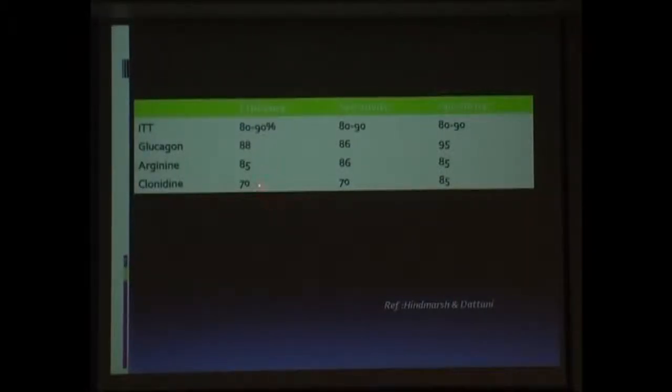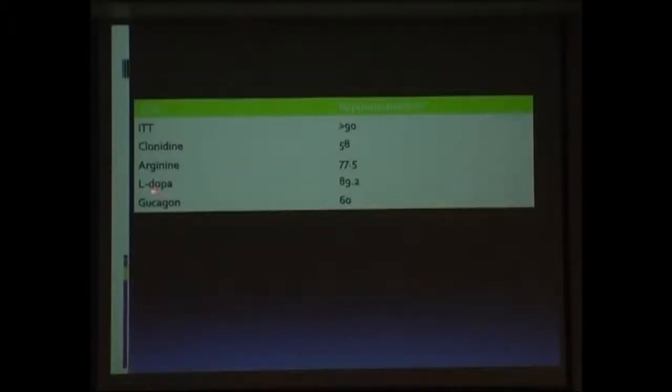The efficacy and specificity of these tests vary significantly. Insulin has very high sensitivity, very high specificity, and very high efficacy. So this is the most routinely recommended test in clinical practice to diagnose growth hormone deficiency. Clonidine has poor sensitivity and poor specificity, as well as extremely poor reproducibility. Again, the insulin tolerance test has better reproducibility. So the commonly recommended test should be the insulin tolerance test, but for practical reasons, we do the clonidine stimulation test in OPD practice.